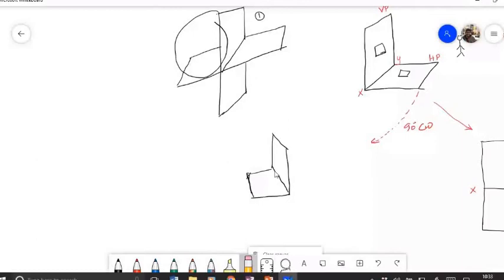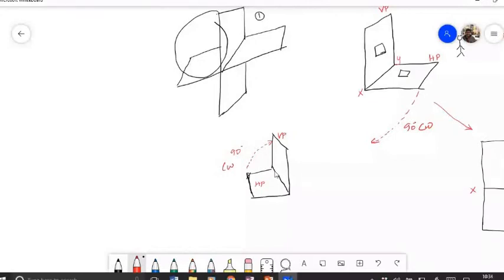So I have drawn the second quadrant. Are you able to visualize this? Yes, sir. The second quadrant is just behind the first quadrant. So this will be my vertical plane and this will be my horizontal plane. In order to draw in the drawing sheet, I am going to rotate the horizontal plane 90 degrees clockwise. As I told you before, irrespective of the quadrant, the horizontal plane will be rotated 90 degrees clockwise.